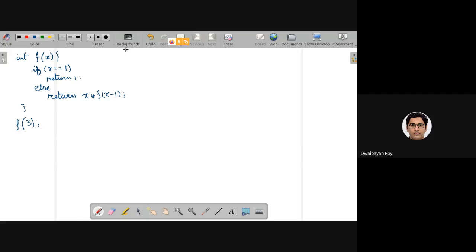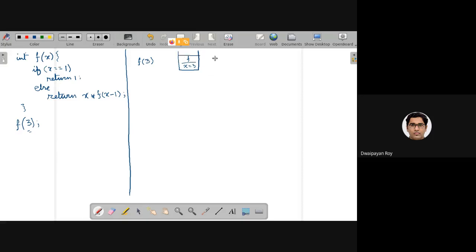All right. First, let's consider that this f3 gets called from the main function. I'm calling this function with the parameter 3. In the stack, this f function is passed on with the value x equals 3.